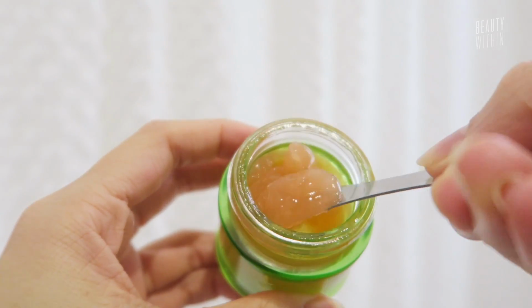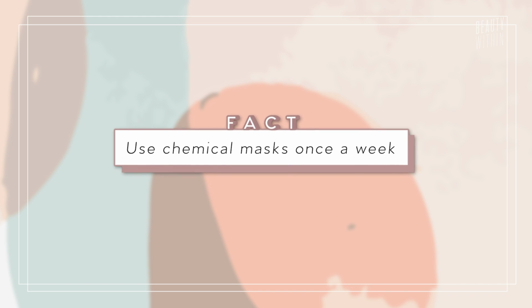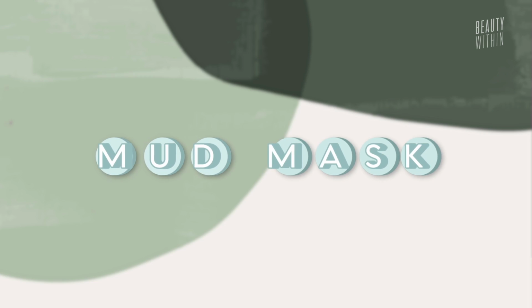It's like a jelly. It's like gum. So then, yeah, I feel like the chemical exfoliating masks are good once a week, and then for the rest of the week, I'll use like a sheet mask or more hydrating masks. Moving on. So mud and clay, they're very similar and people use them interchangeably, which gets very confusing,